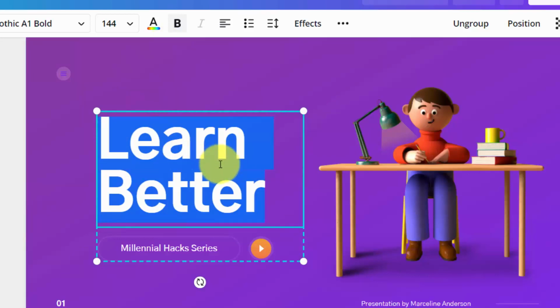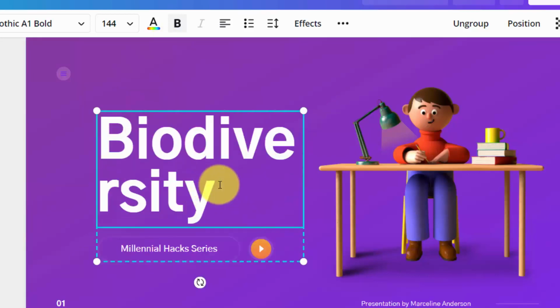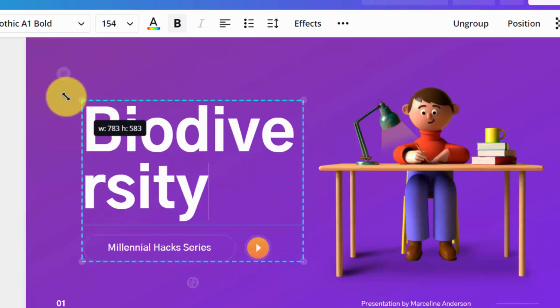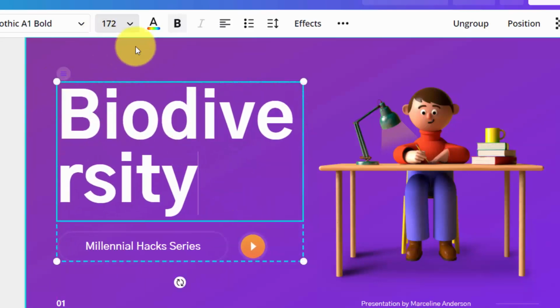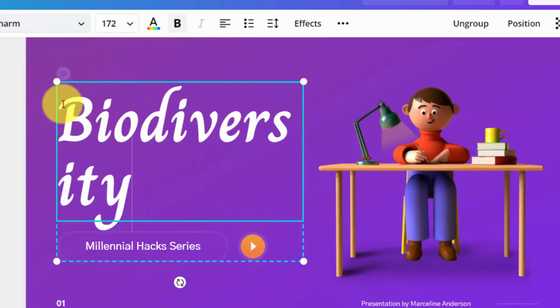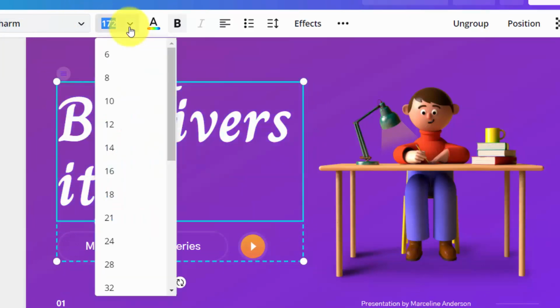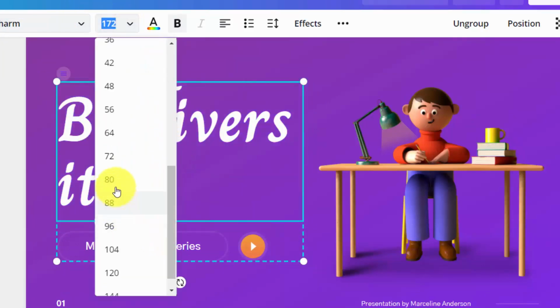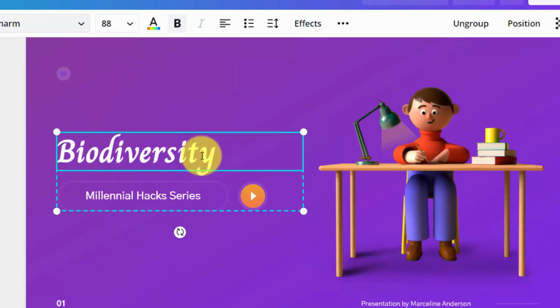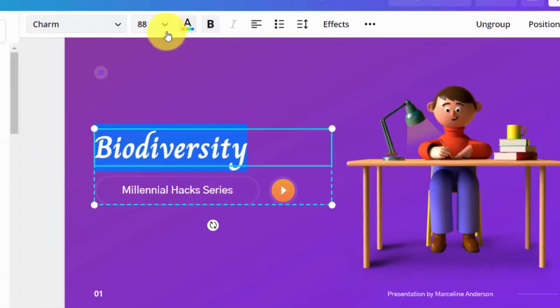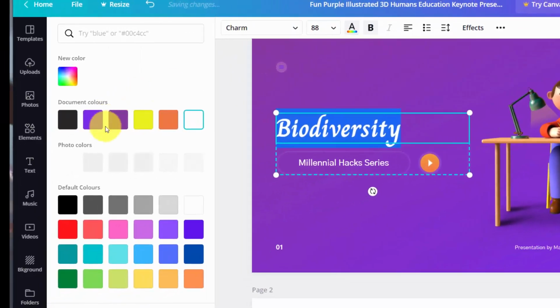Suppose my topic name is biodiversity. I will type biodiversity over here, and I can resize it. I can change the font. I can change the size of the font as well. Here these are different buttons that are available. Then I can change the color of this word, whatever I have written over here.